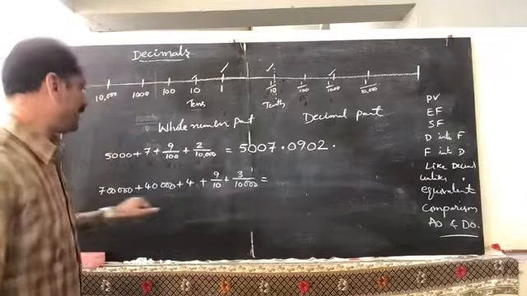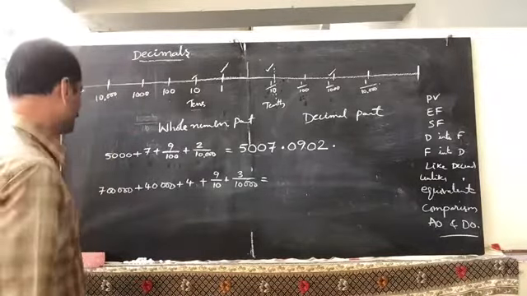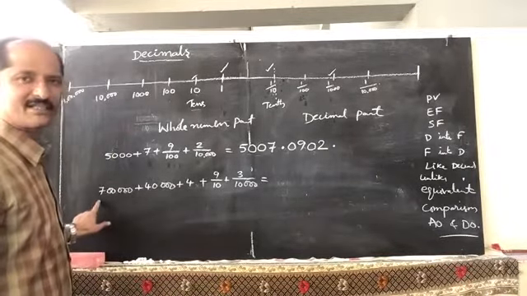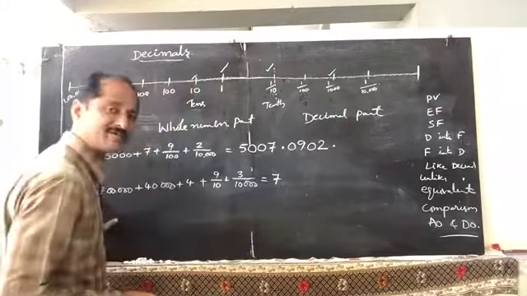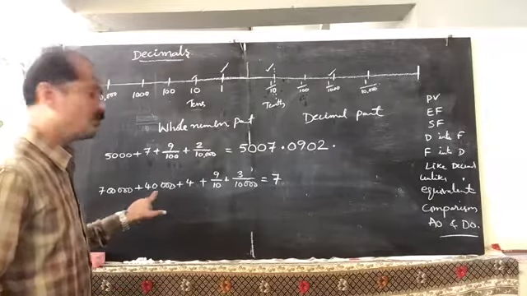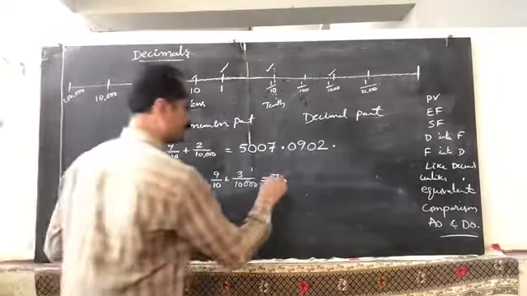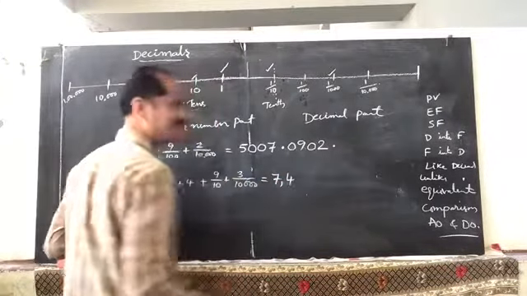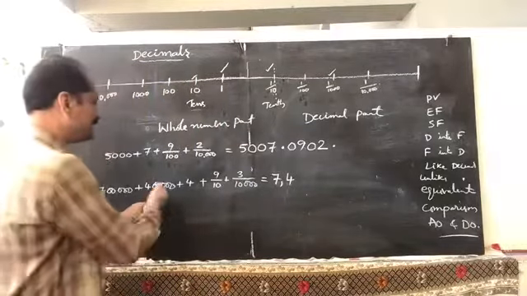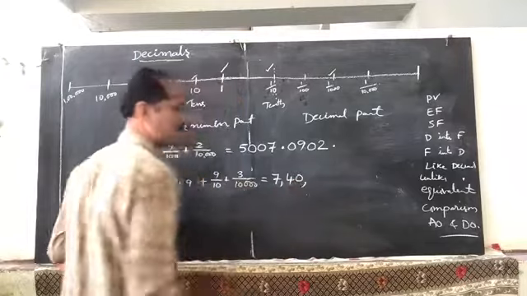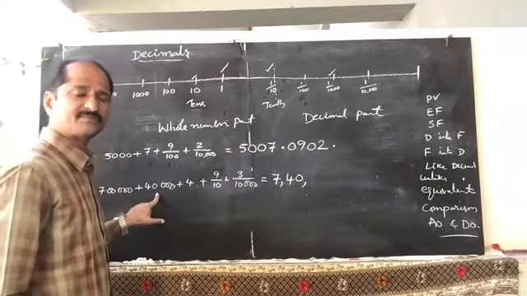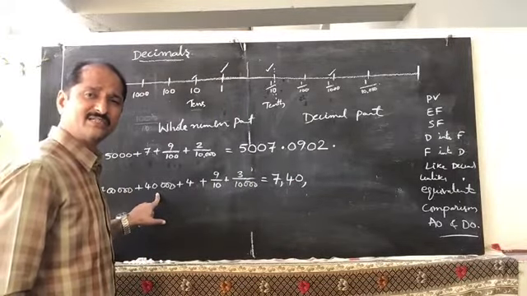Now in the same way, write down the short form for this. The greatest place here is lakhs, so start from the lakhs period. 7 is in lakhs. Next lower than lakhs, 10,000s. How many 10,000s are there? 4 10,000s is 40,000. And the next lower than 10,000s place, thousands place. Is there any thousands? Not there. So write down thousands 0. So 7 lakh 40,000.